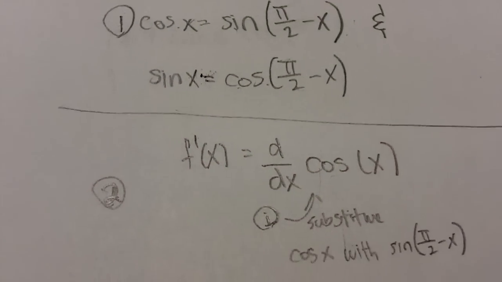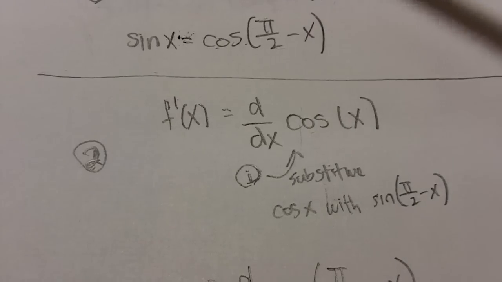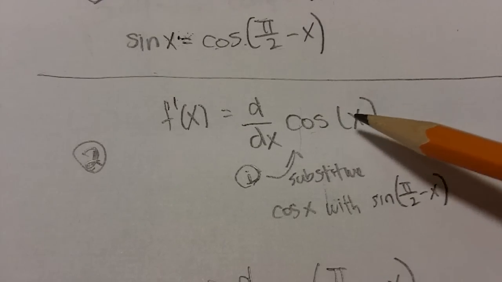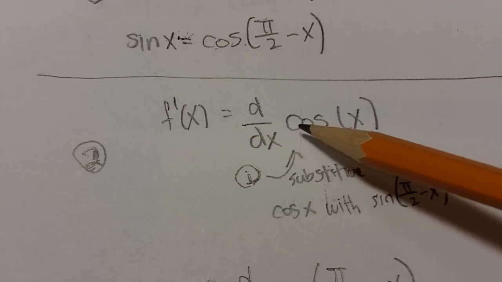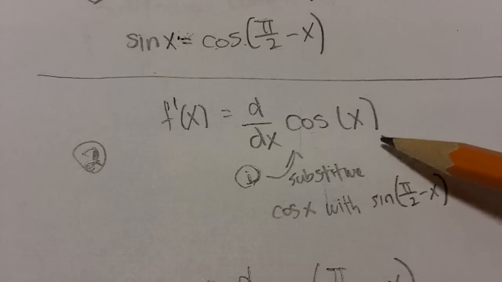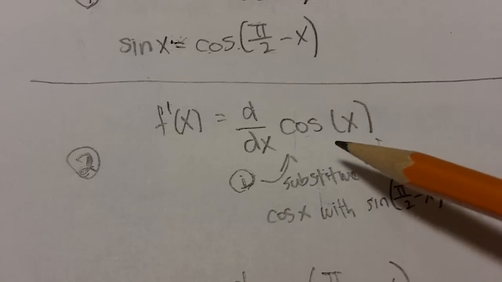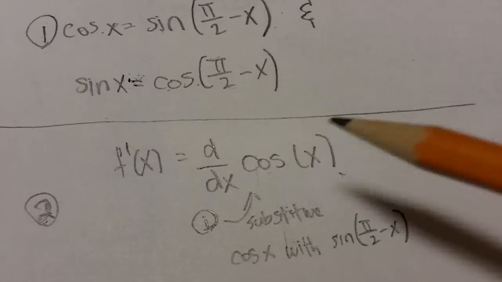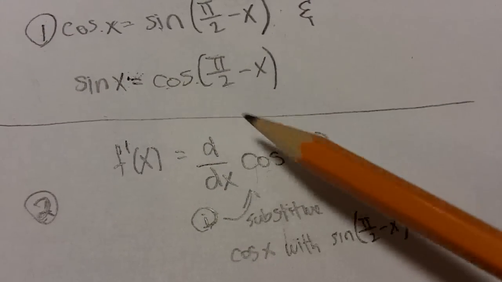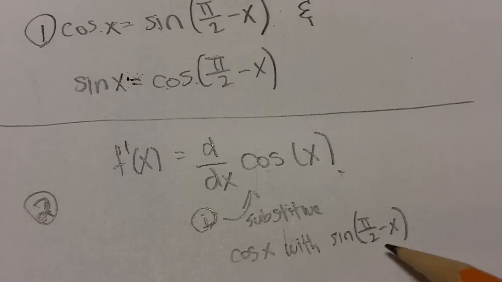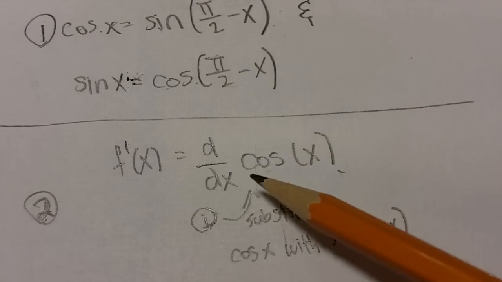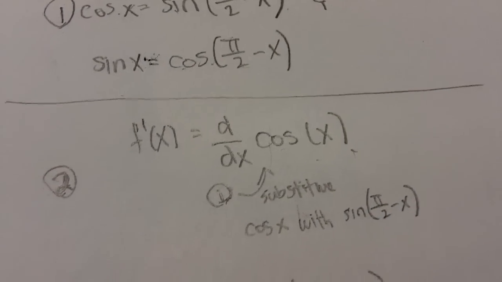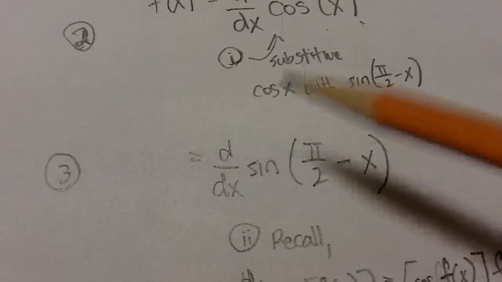So to begin, we need to write the derivative of cosine. So f prime of x equals d/dx of cosine of x. Now we will begin by substituting the property we mentioned above. Cosine x is equal to sine of (pi divided by 2 minus x), substituted in here, which would then become this